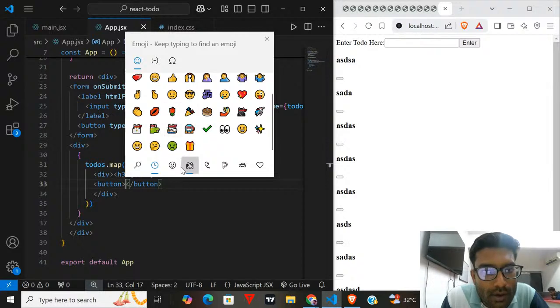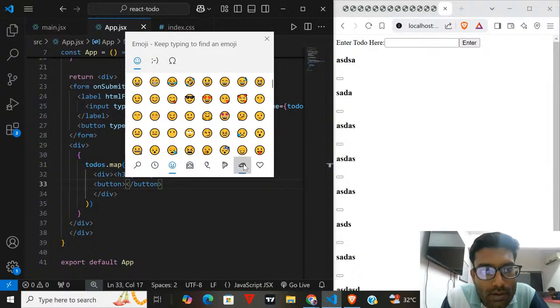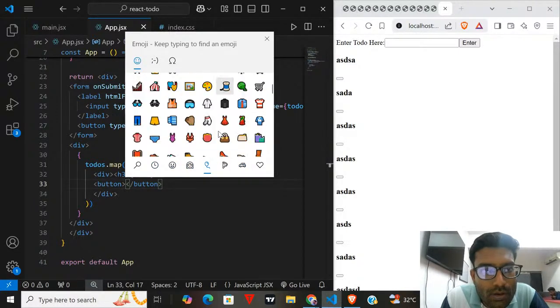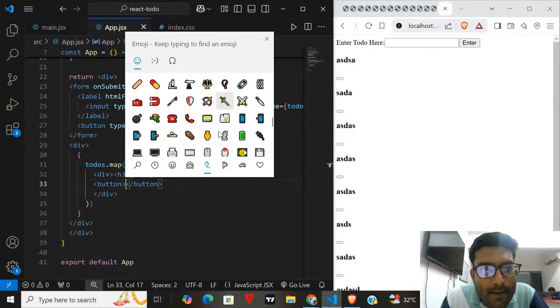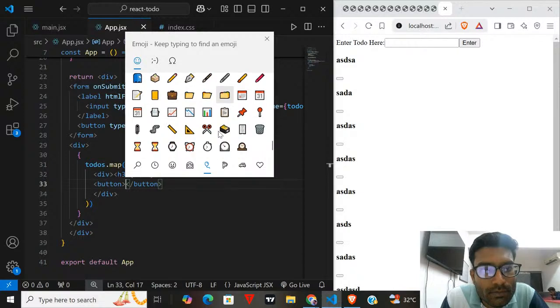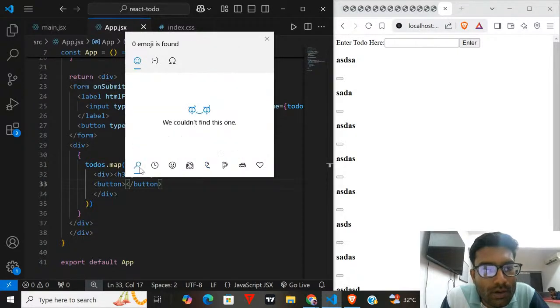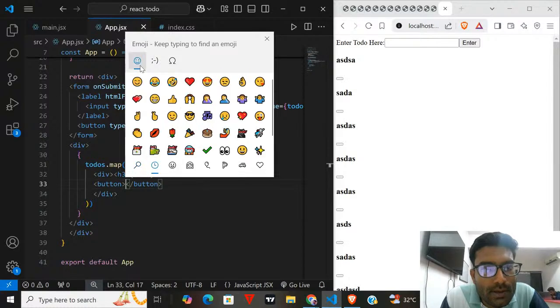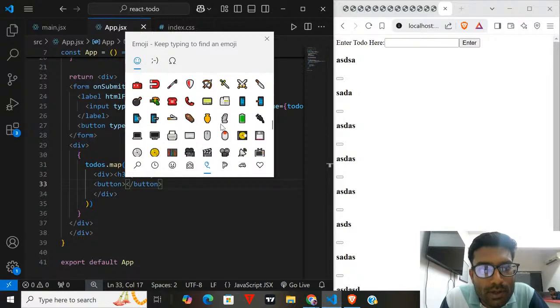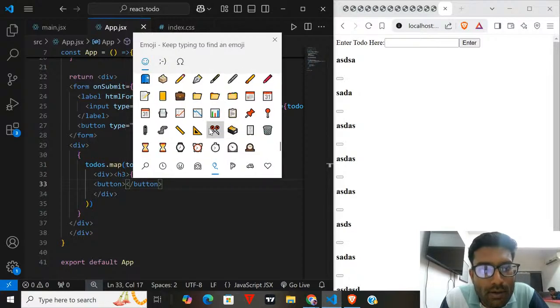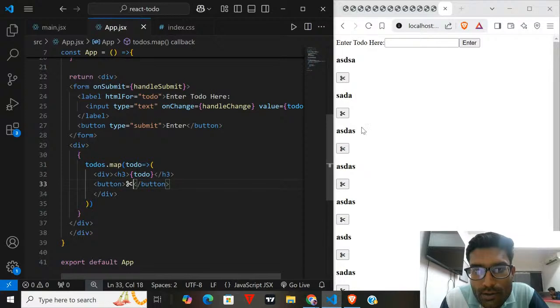Do we have a cross? Where can I search it? We can use this one. I want to delete it, right? So you can see I am getting one scissors icon.